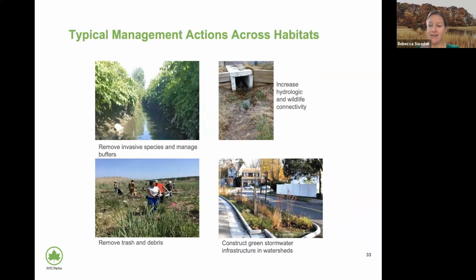These are excellent activities that allow them to see a more immediate transformation in the landscape versus something that might take a longer restoration scale project that might take a little bit longer to see the success. We also try to connect habitats together, so increasing habitat connectivity through either eco passages such as you see here, or fish ladders, for example, which is one we have on the Bronx River that allows alewife to actually ford